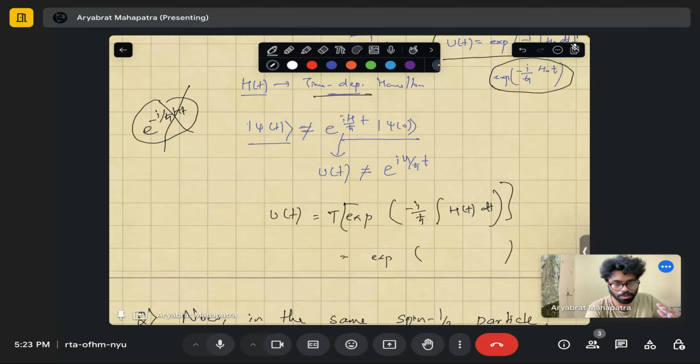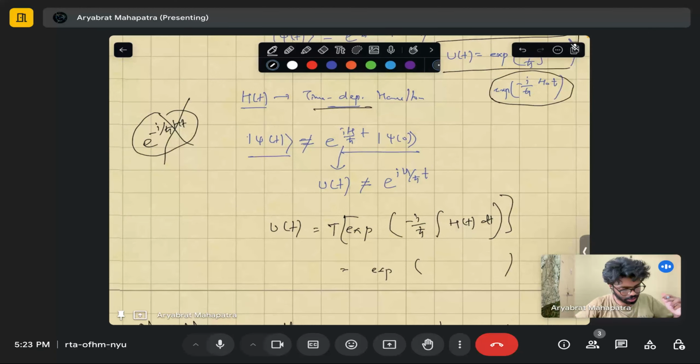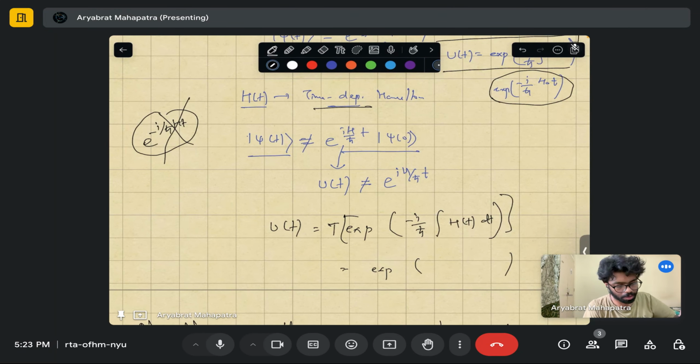Like if your time runs from t0, t1, t2, t3, so you break into intervals. You will first integrate from t0 to t1 and t1 to t2. That is what time ordering means. So I'm not going into that detail, but I'm telling you what you do when you have a time dependent Hamiltonian,